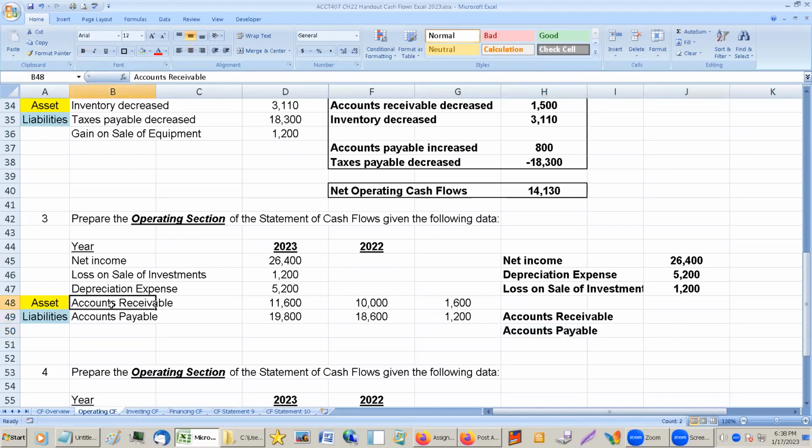Okay, accounts receivable is an asset that increased. What happened to the cash flow for assets? Cash reduced, therefore we need to minus that. So cash is going to go down by 1,600. And if you think about it, accounts receivable is really $1,600 in cash that we haven't collected compared to what we had last year. So there's no cash for that extra 1,600. That's why it's a decrease.